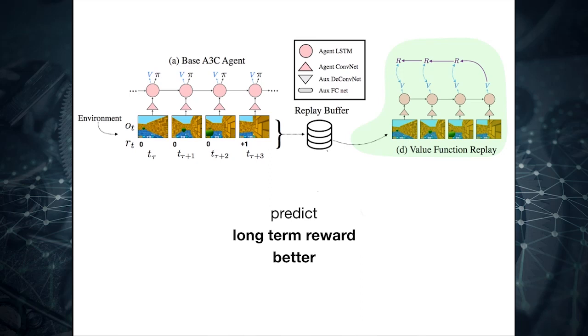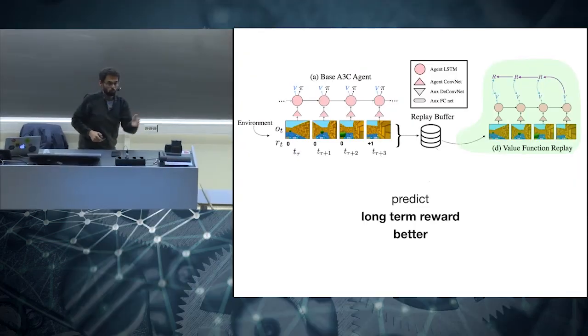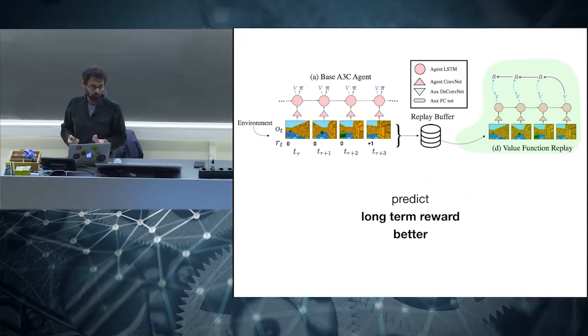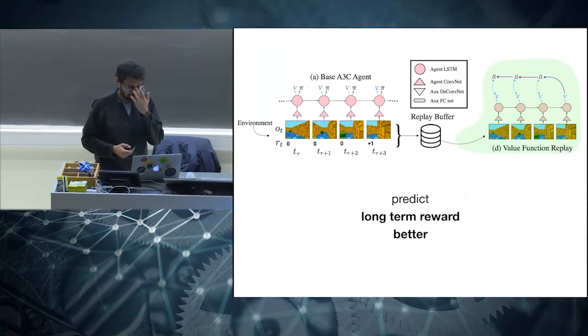The third task was to replay the value function. So this is an actor-critic method here. So in this case, only the critic is being trained over and over again. Critic is trained more often than the actor, which is learning online from real experience, as it is often done in actor-critic methods.